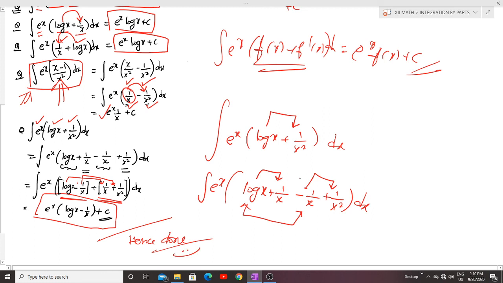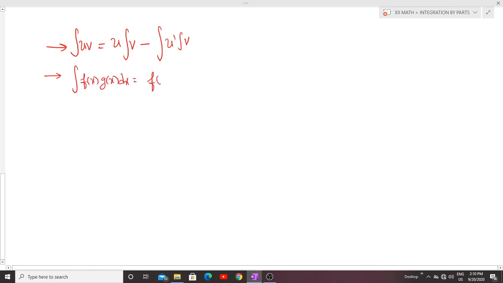Hope you are getting it. So this is the way we do integration by parts and this special formula. So in this session, what did you learn? Here you just learned what integration is. Remember these two formulas. Integration of uv is equal to u integration v minus integration of u dash integration v, or else I can say integration of f of x into g of x dx is equal to f of x integration g of x dx minus integration of f dash of x integration g of x dx, where f is the first function and g is the second function, and this one must be whole. After doing simplification of this only, you should integrate the part.